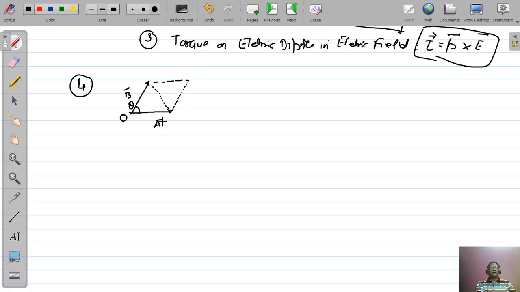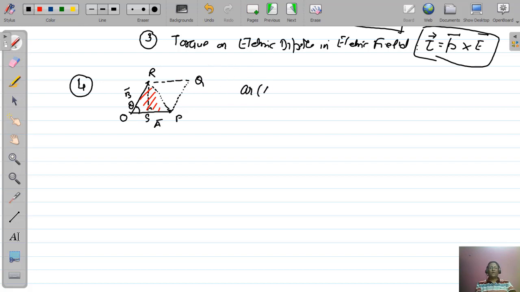In the parallelogram OPQR, a perpendicular is drawn from R to OP and it meets at S. First we take the triangle OPR, because the diagonal is dividing this parallelogram into two equal triangles. So first we find the area of this triangle and then we double it, and we get the area of the parallelogram.